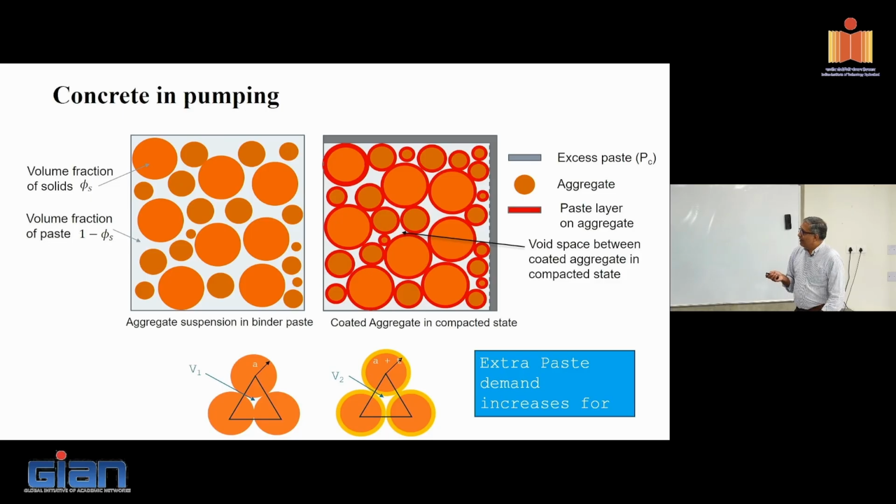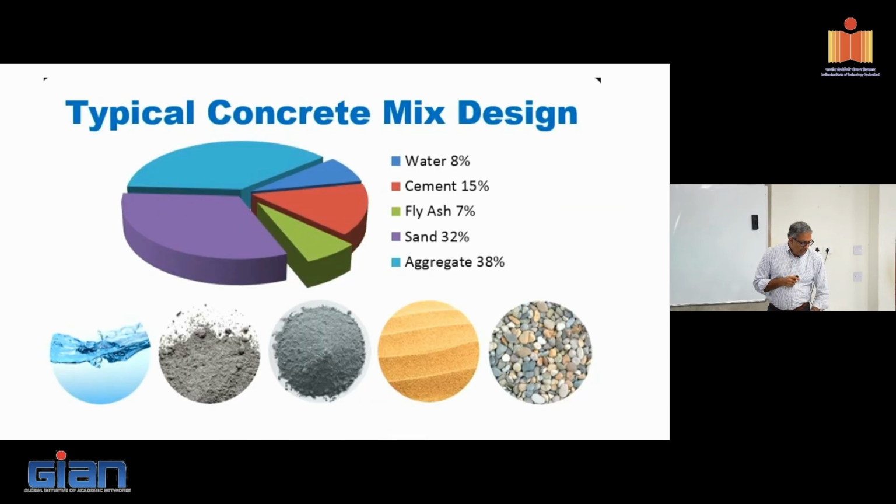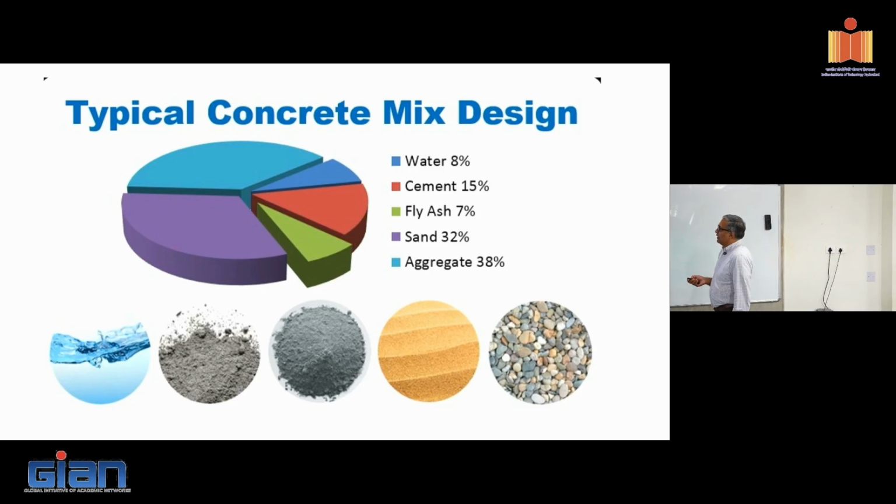And we have to have enough paste to coat all the aggregate. That's a game that is played by the surface area. All of these things are built into our codes, although in empirical forms, because exact mathematical definitions cannot be developed for something that is not spherical.